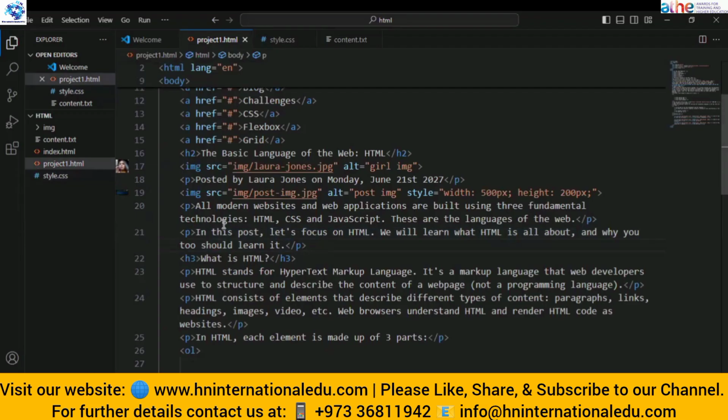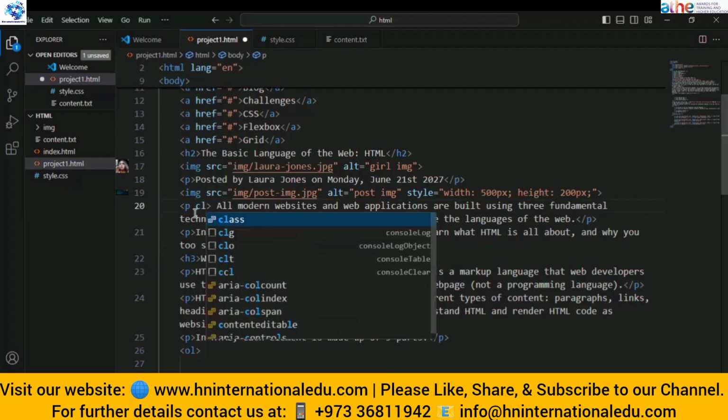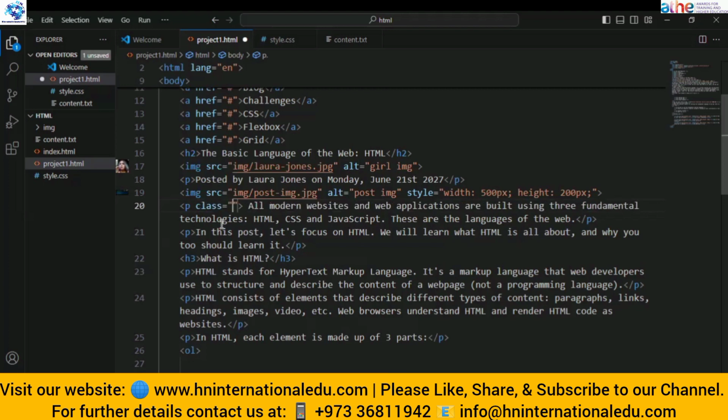So, if I give a class here to this paragraph, I will call this paragraph. For writing a class, we have to write the class attribute like this: class, then the name of the class. Let's give it web details. You can give any name. So this is done.